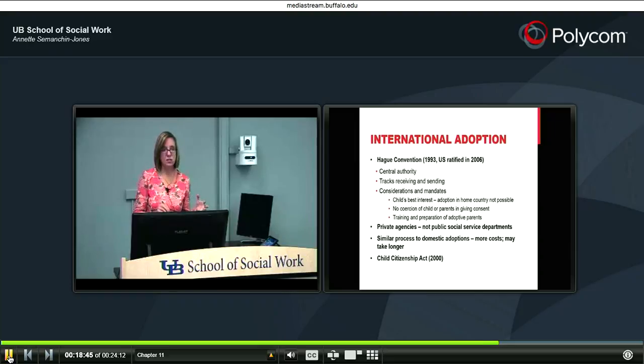Child Citizenship Act, I just wanted to add this. Up until then, there was really fuzzy questions about the citizenship of the child. So as of 2000, a child automatically becomes a citizen of the United States if a child has been adopted from another country. Up until then, that was not the case. So there were some adoptees where their parents never went and applied for citizenship for them, so they didn't realize that they were not a legal citizen until they were, say, 18 and went to apply for college scholarships or financial aid. And so this law changed that. So that's significant as well.